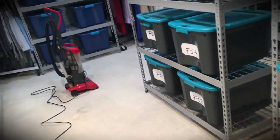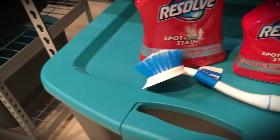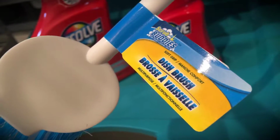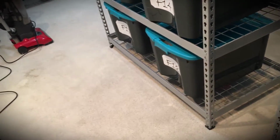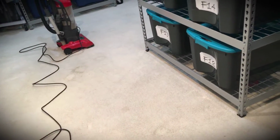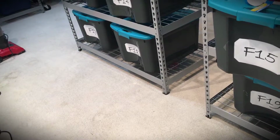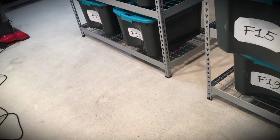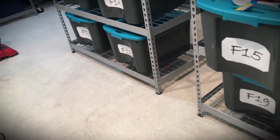So I am going to vacuum everything, and then I am going to spot treat again. This is a brush. It's actually a dish brush, I think. Yes, and I get these from Dollar Tree. So I am going to vacuum, spot treat the spots, let the solution stay on for a little bit, and I have the Rug Doctor that I told you guys I was going to rent. So I am going to clean this room, and I also have to clean my office in the front, which I'm probably not going to show you guys, but